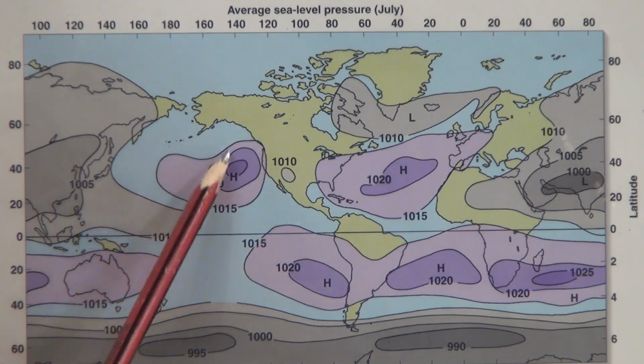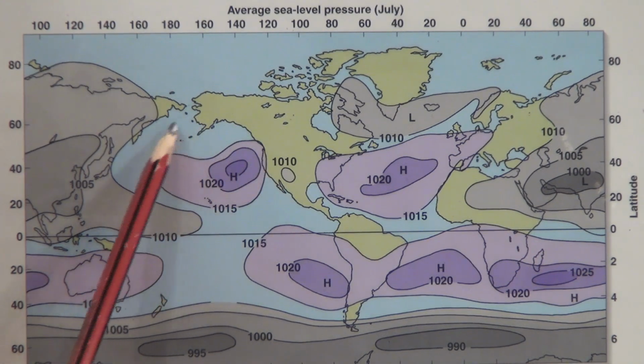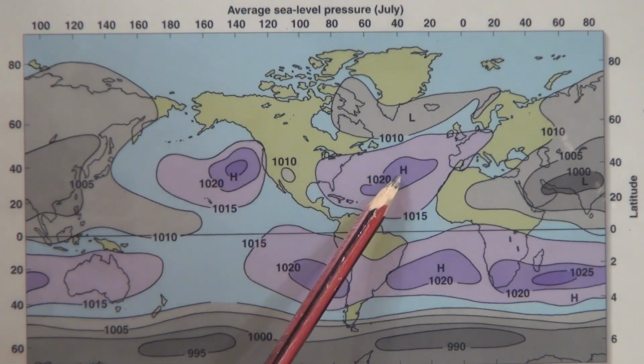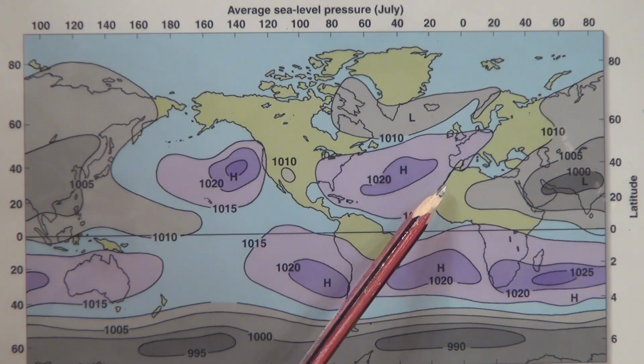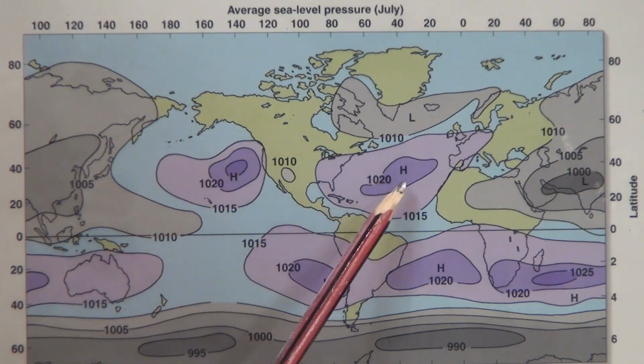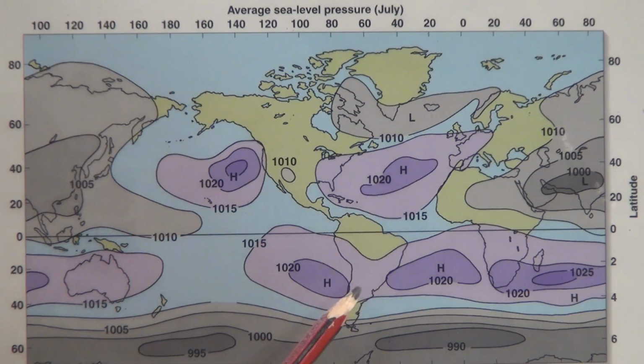And I'm going to show you another one where a low pressure system works its way off the Aleutian Islands. Moving across at the same latitude, a high pressure sits off the Azores, off of Spain and northern Africa. Okay, so the isobar lines show us where these dominant high pressure systems are. Another Mediterranean climate with a dry summer and a dry fall is off of Chile, Santiago, Chile. And also in the southern part of Africa, we also have a Mediterranean climate.